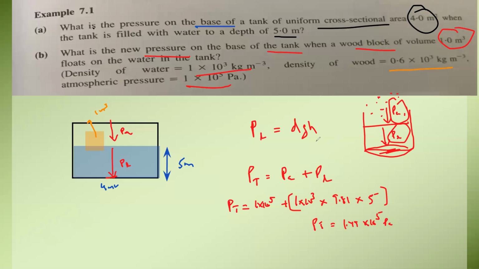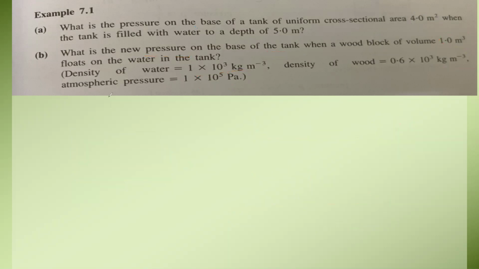So actually what happened, this wood will also contribute to a downward force. There will be additional weight of the wood, which will act downward. And that weight will also contribute to the pressure on this base area of 4 meters square. So if you want to calculate the new pressure,